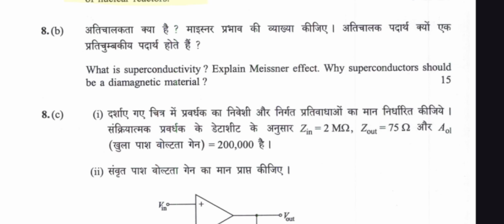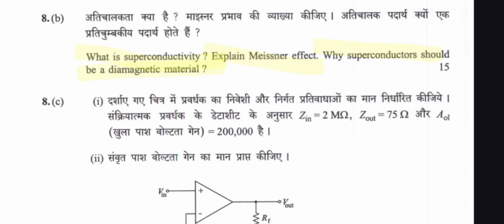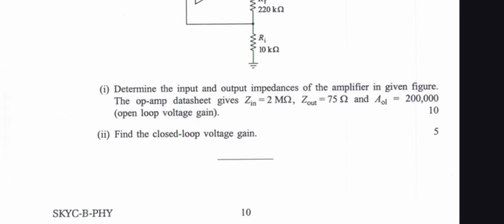Question number 8b, what is superconductivity? Explain the Meissner effect. A superconductor should be a diamagnetic substance. And question number 8c,